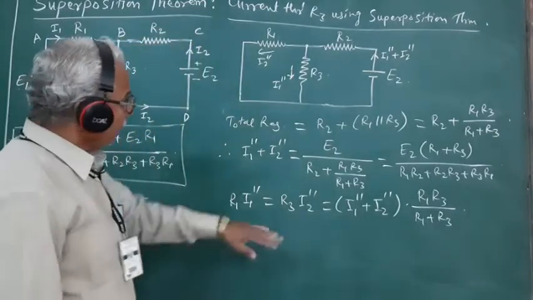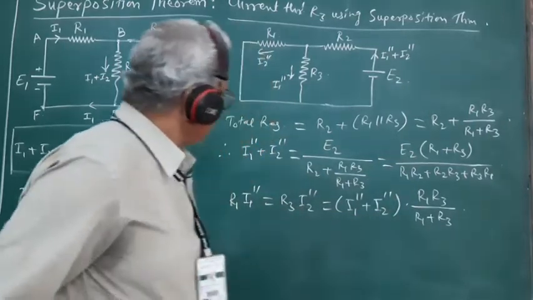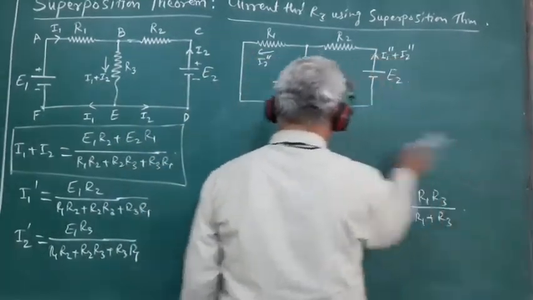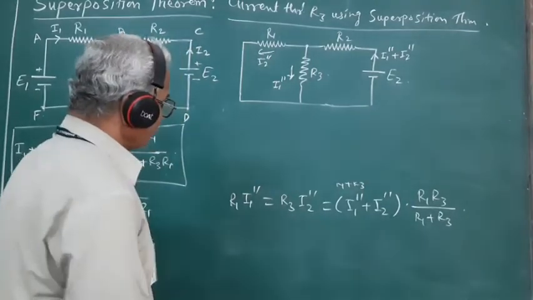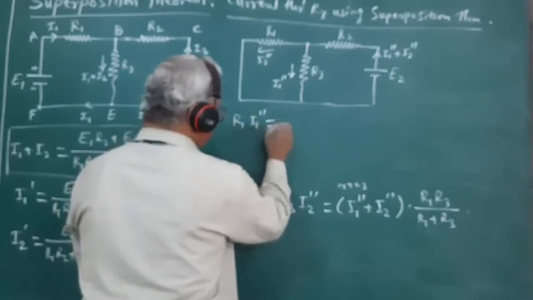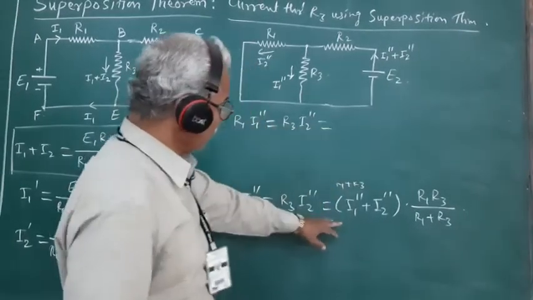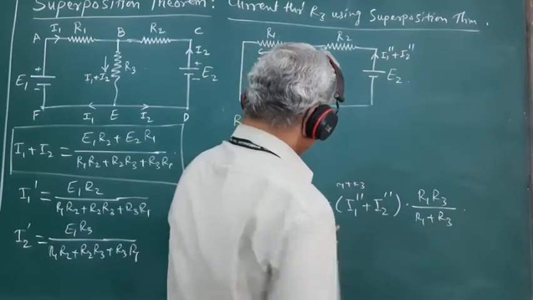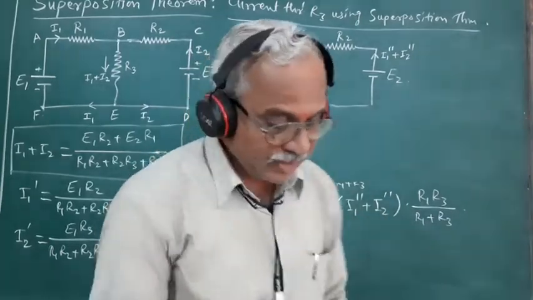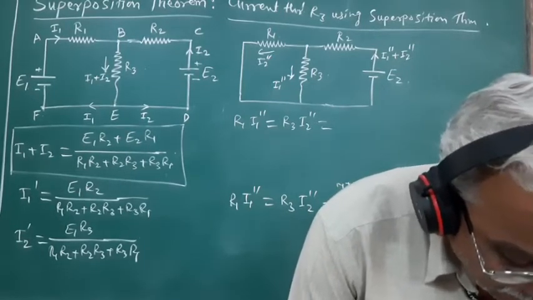So if we use this expression for I1 double prime plus I2 double prime here, we can write this expression for potential drops across R1, R3 and the parallel combination as R1 I1 double prime is equal to R3 I2 double prime is equal to the expression for I1 double prime plus I2 double prime is this